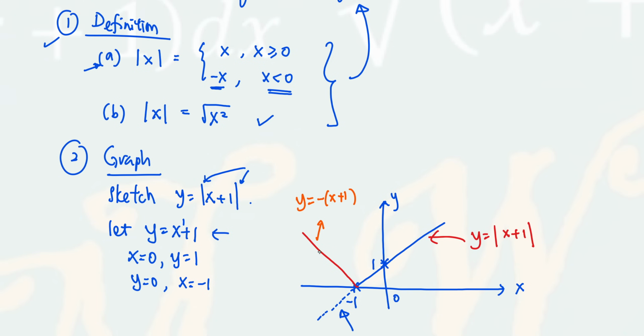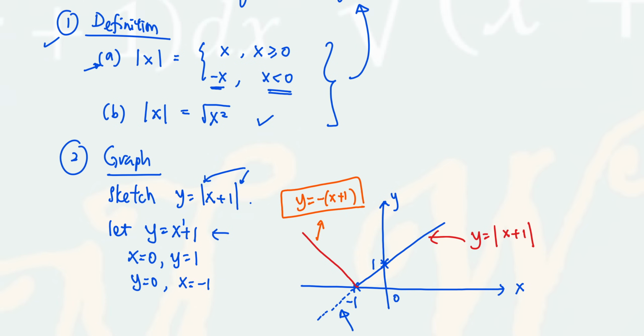If I combine the red color and the blue color over here, the whole graph is actually the modulus function. When we need to solve the equation or inequality later on, in case we are using the red line, then you have to times a minus. But the blue line just remains as x plus 1 because it is positive. So these will be the steps to sketch the